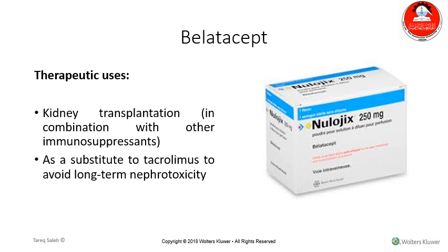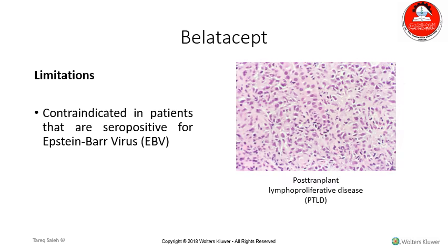Belatacept can also be used as a substitute to tacrolimus to avoid long-term nephrotoxicity. Remember that both cyclosporin and tacrolimus can be associated with kidney damage. Belatacept seems to have a safer profile than both drugs. However, there are still some limitations with using belatacept. This drug should not be used in patients who have an active infection with Epstein-Barr virus, because belatacept can result in a significant